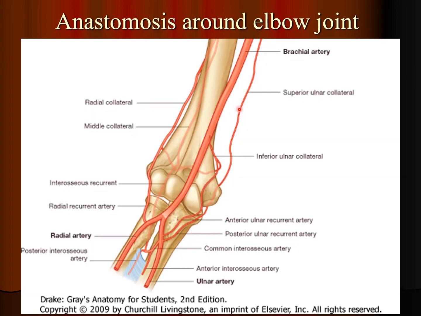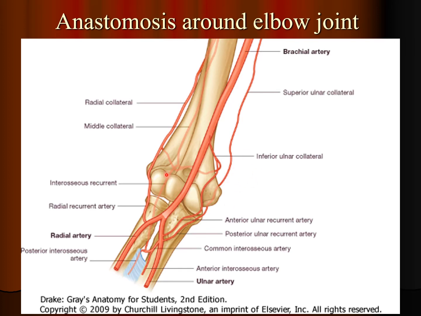So now we can see the branches from the profunda brachii as well as superior and inferior ulnar collateral arteries are running downward, and here we can see branches known as anterior ulnar recurrent. So these branches are taking origin from the ulnar, which is the parent artery, but after taking origin they are not going forward, they are going backward, opposite to the direction or pathway of the artery. That is known as recurrent. So the anterior ulnar recurrent artery and posterior ulnar recurrent artery move upward and anastomose with the superior and inferior ulnar collateral arteries to give an alternate pathway for the blood.